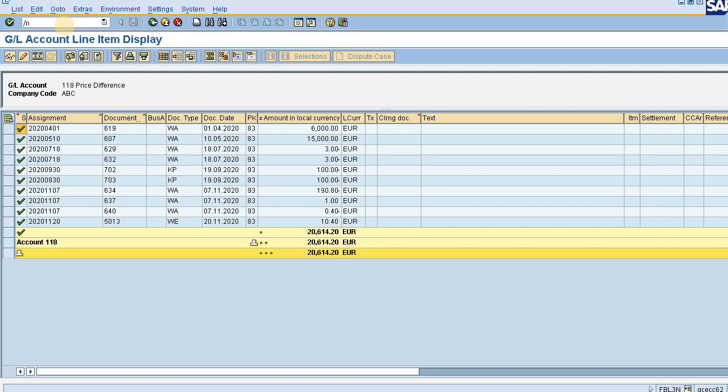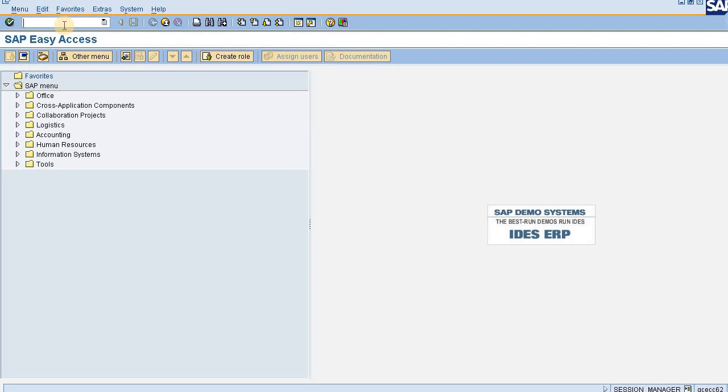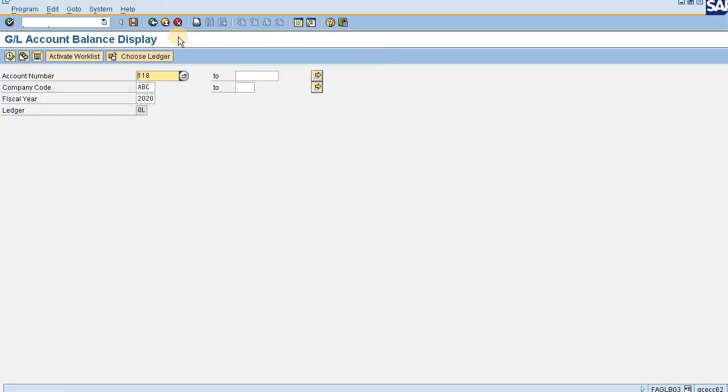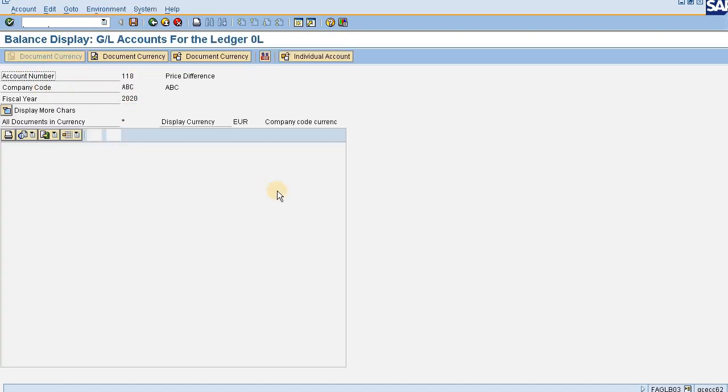We do have another report, that is this one, FAGLB03. I am going inside that. I am giving my account number, company code, and obviously the fiscal year, executing the same.